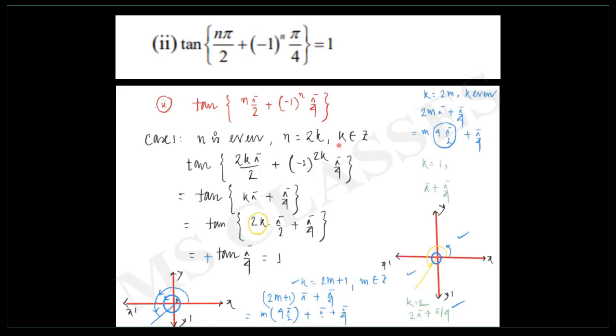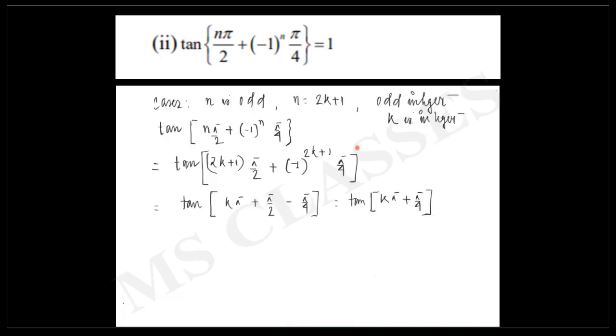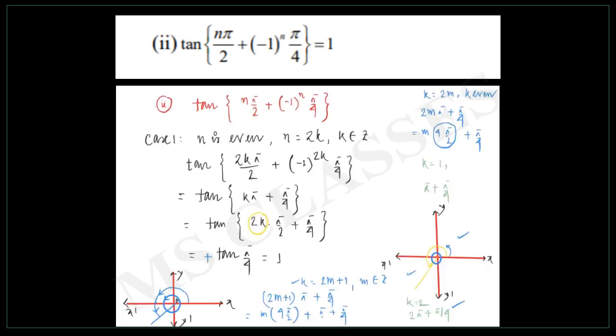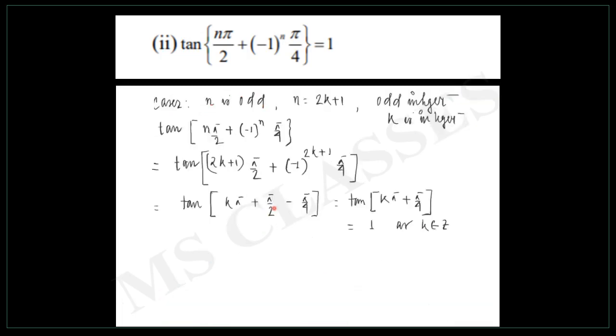Here we have taken k belongs to Z, which means k is any integer. And here also k is any integer. So the answer should be the same thing. Why? As k belongs to Z. And the explanation has already been given here: when k is even, it will lie in the first quadrant. When k is odd, this angle will lie in the third quadrant, so that time it is giving plus. So this part is the same for us. So ultimately we can write here, it is 1.